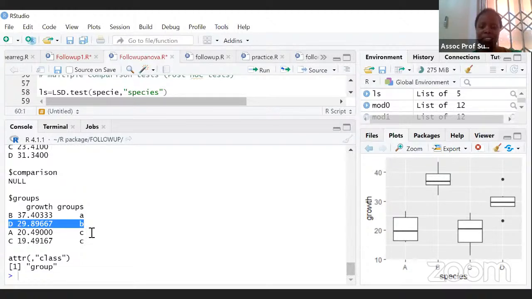Okay, so that is about the mean. Now you're finishing your analysis. You want to tell the people that there are differences. What is different? B is different from all the others, but A and C are not statistically significant or different. Then we can now say that species A has the highest growth rate, so we recommend species A for planting in our fields. Okay, so you've made a recommendation, you made conclusions, and you've also made a recommendation for your